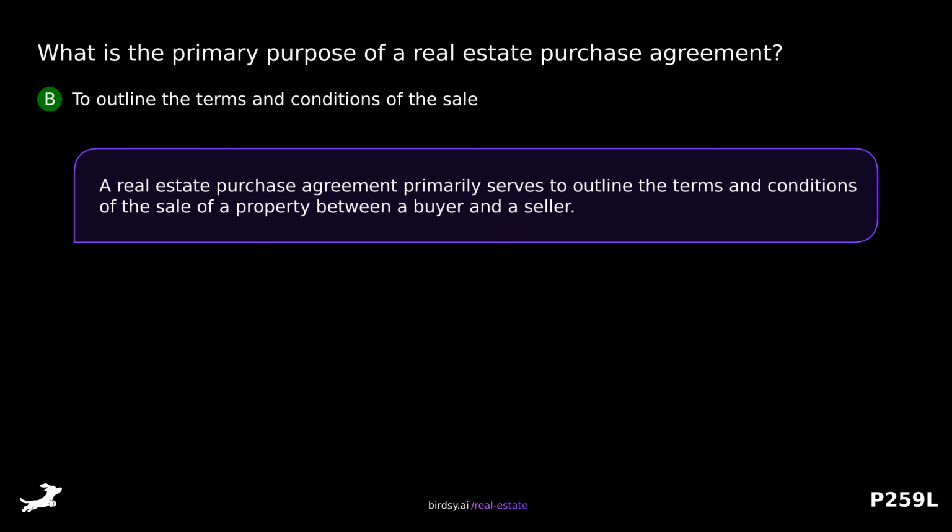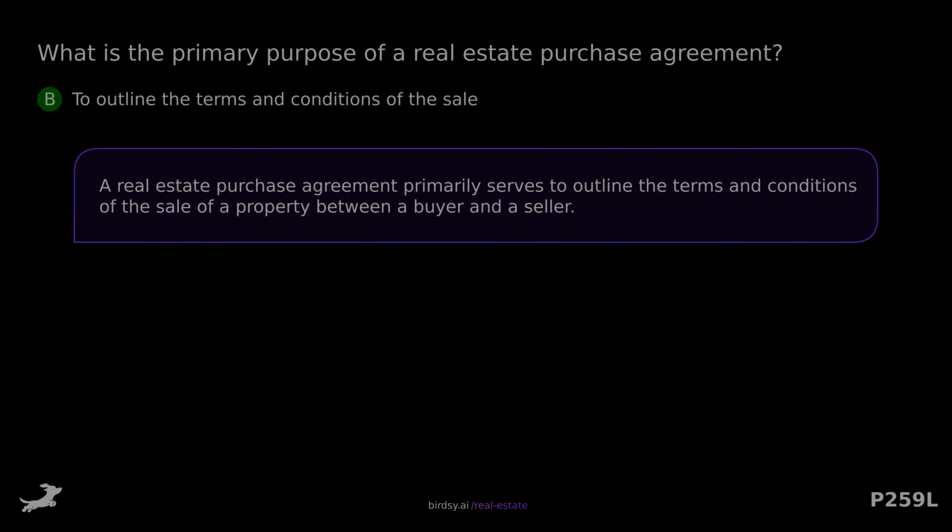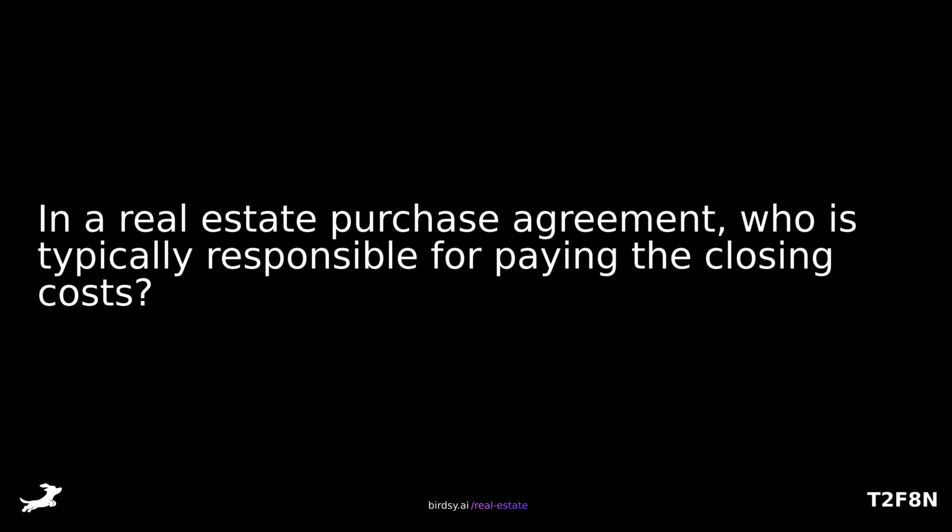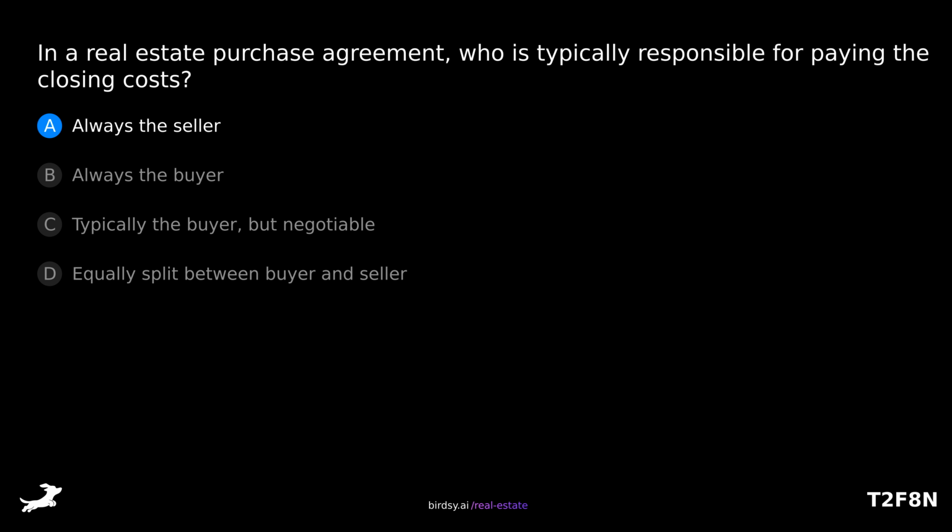A real estate purchase agreement primarily serves to outline the terms and conditions of the sale of a property between a buyer and a seller. In a real estate purchase agreement, who is typically responsible for paying the closing costs? Is it A, always the seller, B, always the buyer, C, typically the buyer but negotiable, or D, equally split